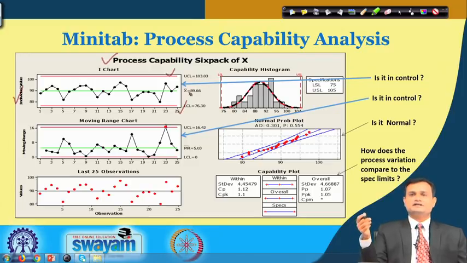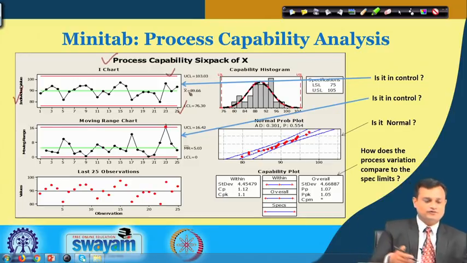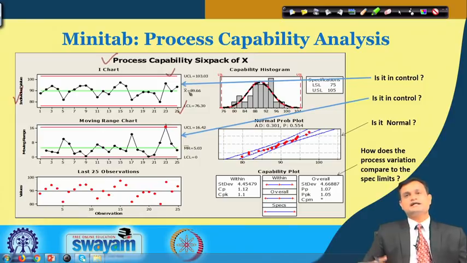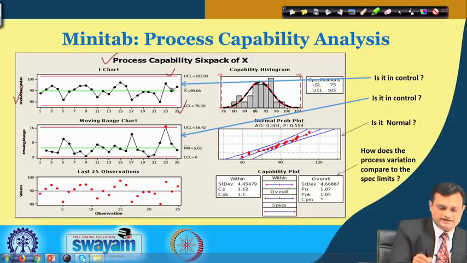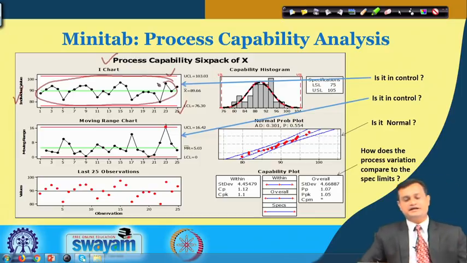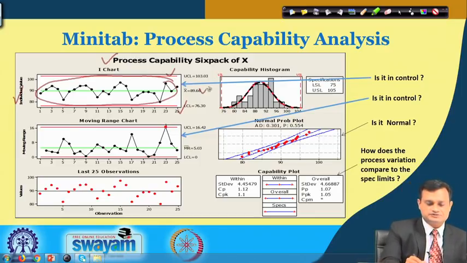If this graph shows that it is not within control or some outliers are there, you can exclude the outlier, or first bring the process into statistical control,